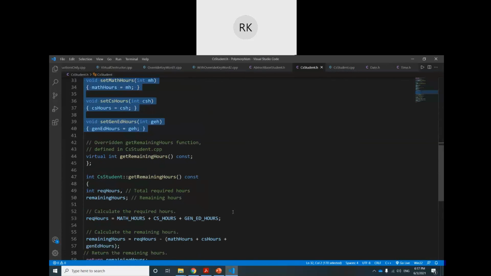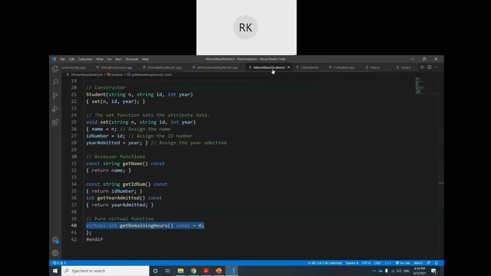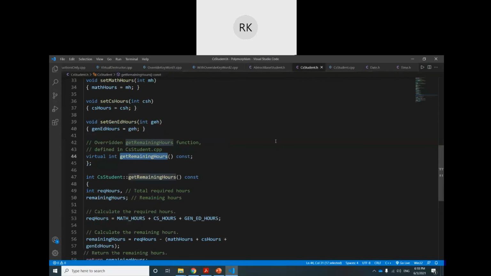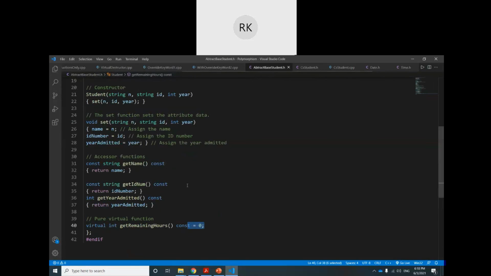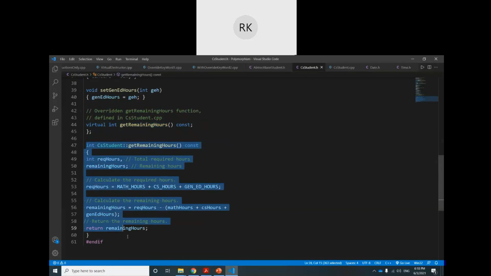And you see this virtual function here is not a pure virtual function. It is a simple virtual function, the same name, get remaining hour. And if you go to the abstract base class, the same name, but it is a pure virtual function. So the only condition is that this function must be defined by the child class. And you see, in the parent class it doesn't have any body, but in the child class it has a proper definition. The body is there.